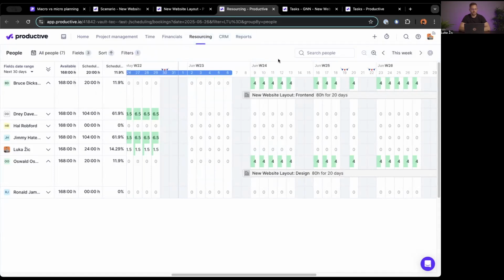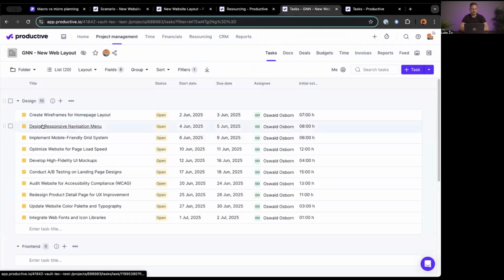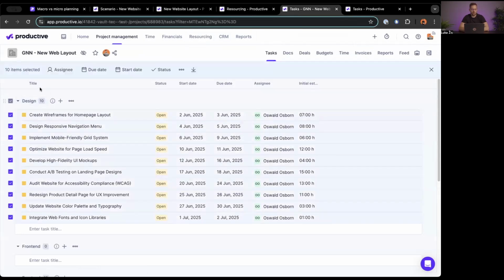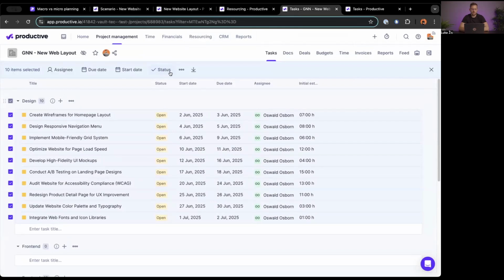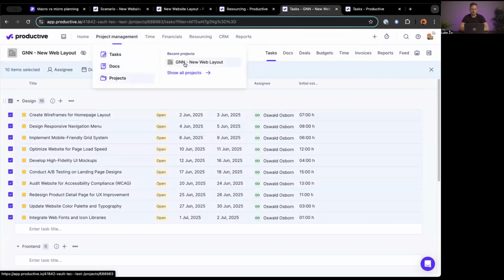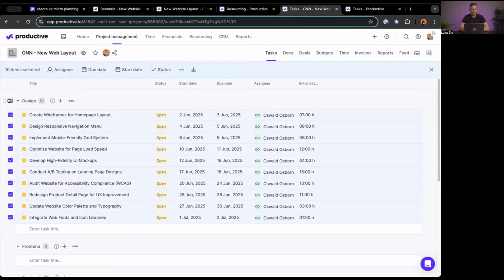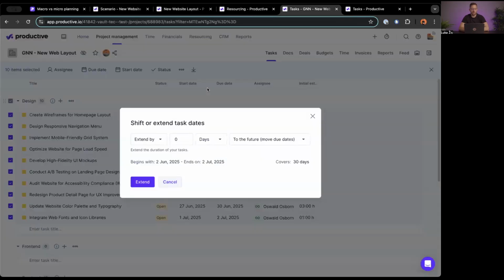With tasks, I have something very similar. So let's say that I go into my task list here. There are basically 2 ways that I can go about this. I can either choose all of my tasks here in a list in bulk and simply say, actually, let's go into the project itself. So we'll select these tasks here and simply say, in a similar way, let's shift them by 1 week to the future.